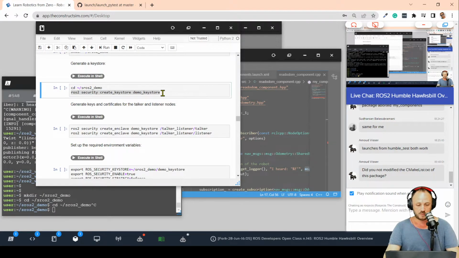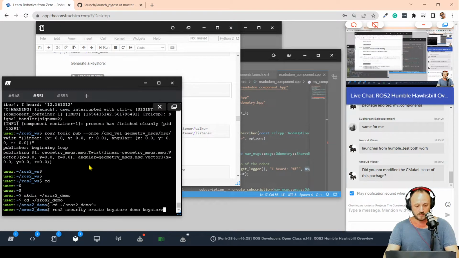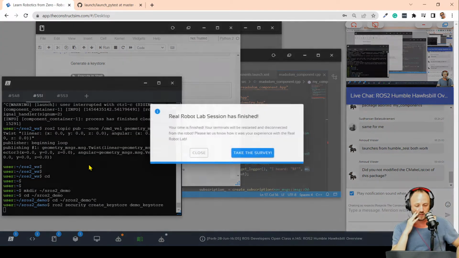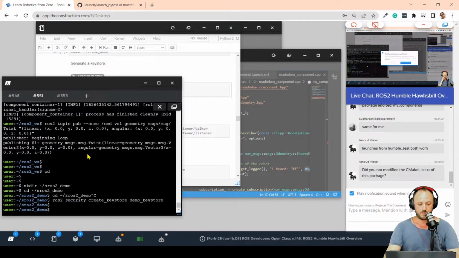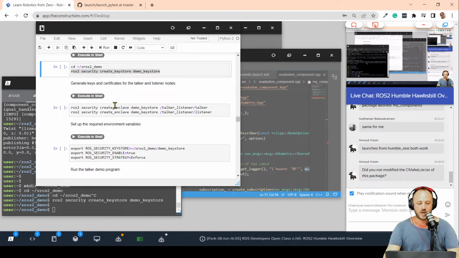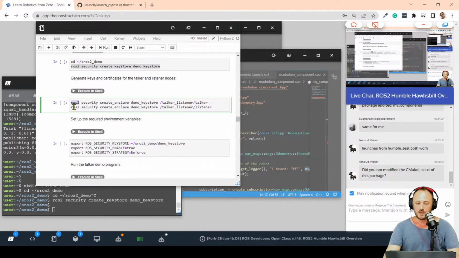Not this one, this one. ros2 security create_keystore demo_keystore. There we go. Okay, and now we are going to run these commands below, where we are going to attach,